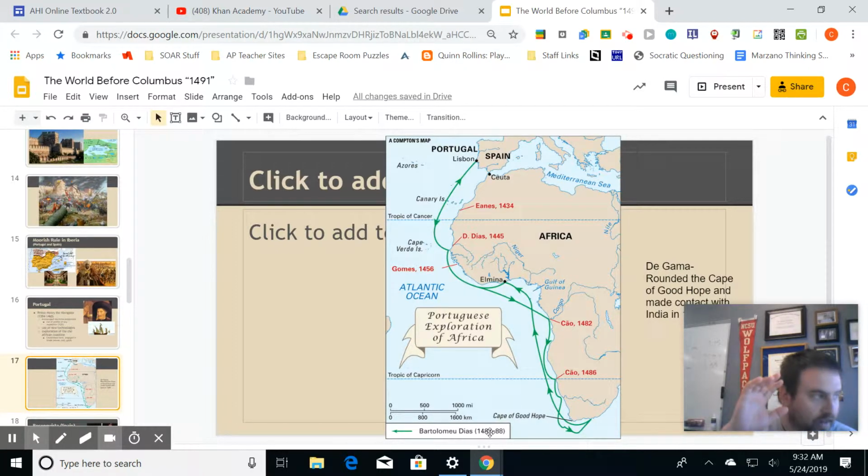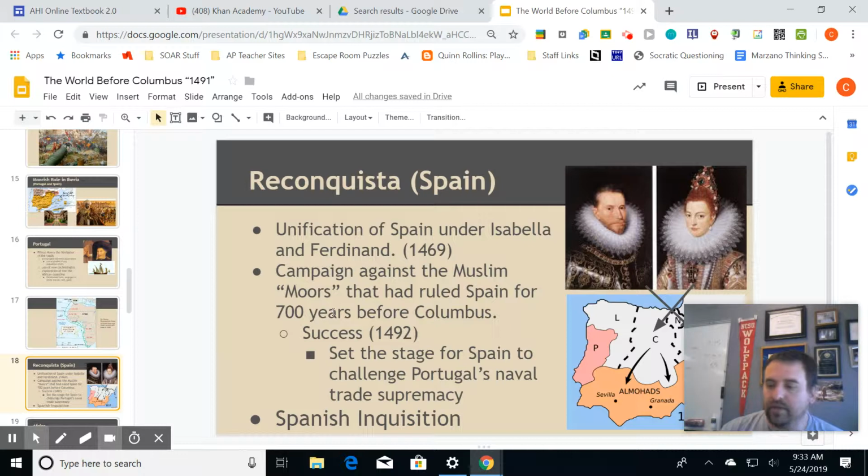All right, last minute. If Portugal establishes this route, they're going to have all the money. They're going to have all the wealth. Spain is looking for a miracle, a Hail Mary pass into the end zone. That's what Columbus is. Instead of going south, because Portugal owns all this, they're going to go west. All right, so let's take a look at the Reconquista. Let's see how Spain gets their stuff in order and pushes Columbus out to the west.